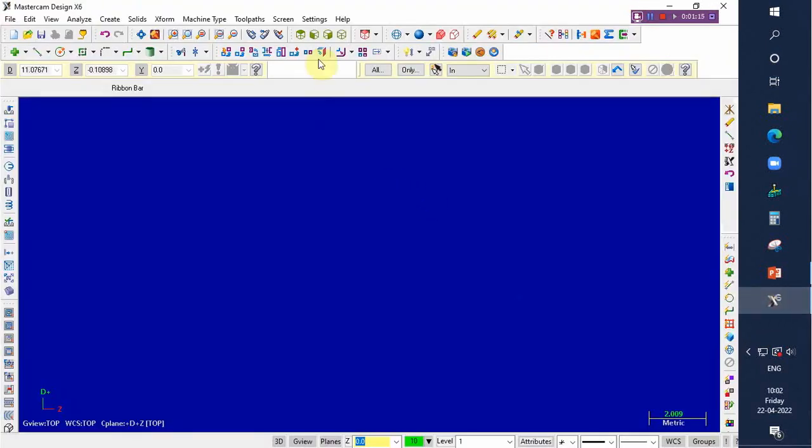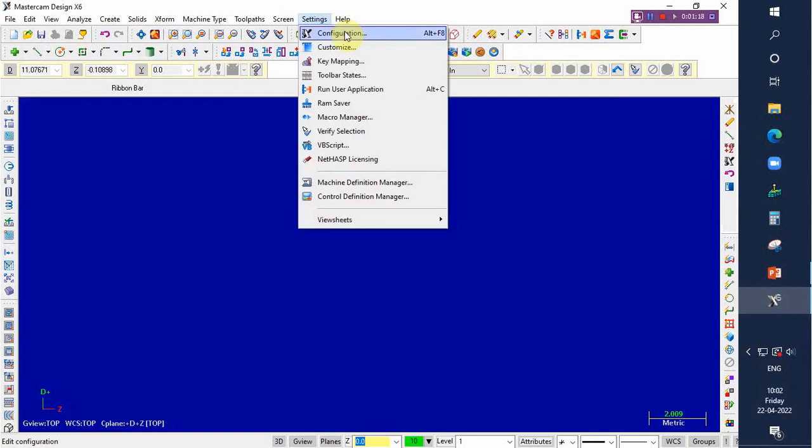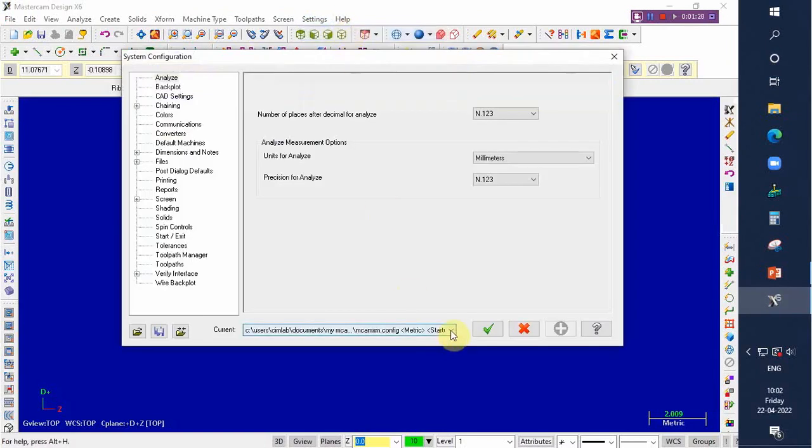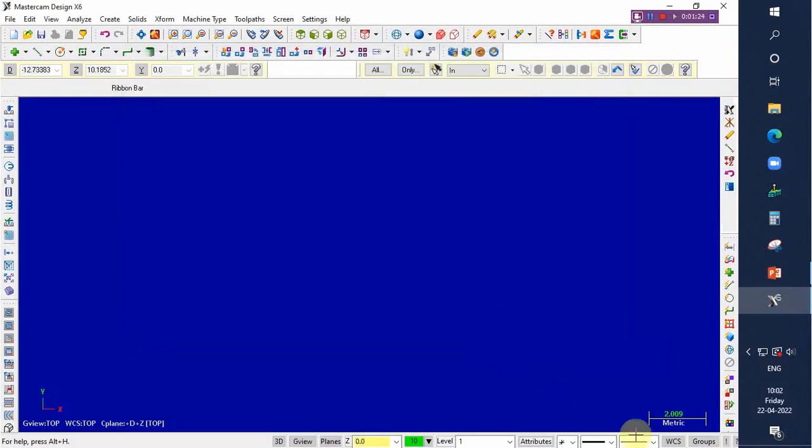First setting, go to settings, go to configuration and set the unit as metric. Now metric input is selected. Right side bottom corner of the screen we will get the metric input, and then the second step will be pressing F9. We will get a cross hair line